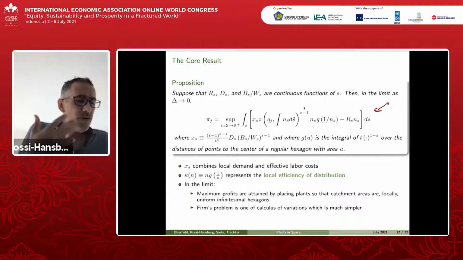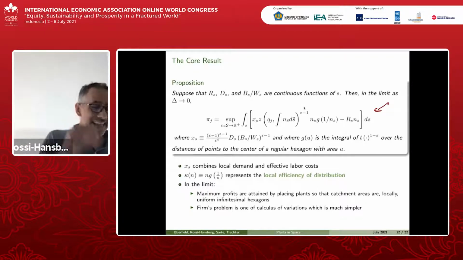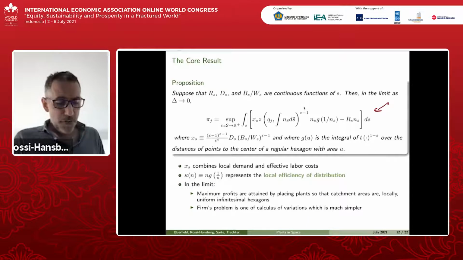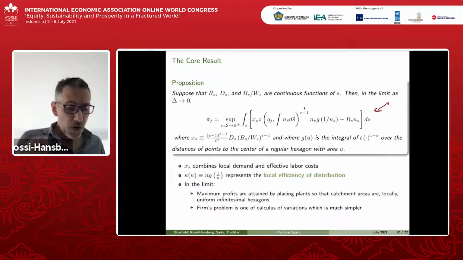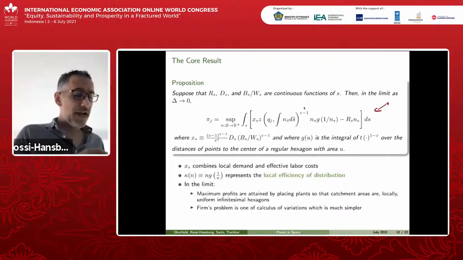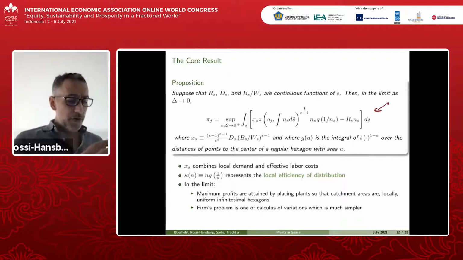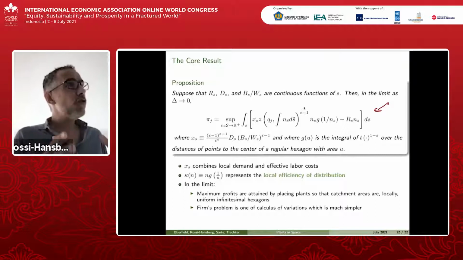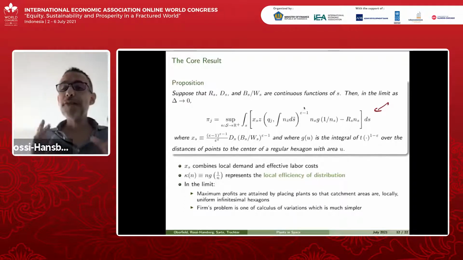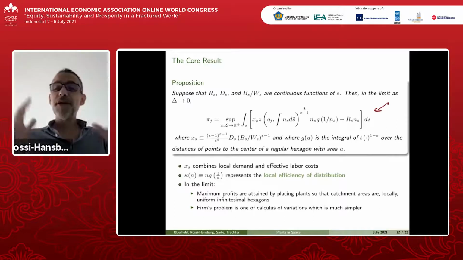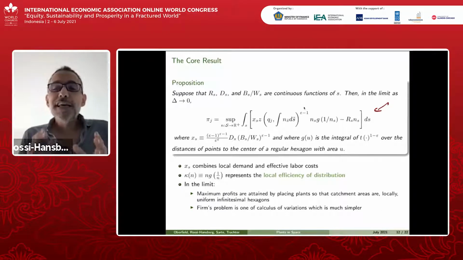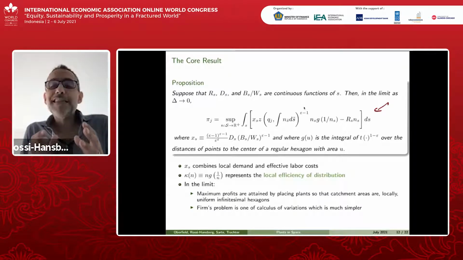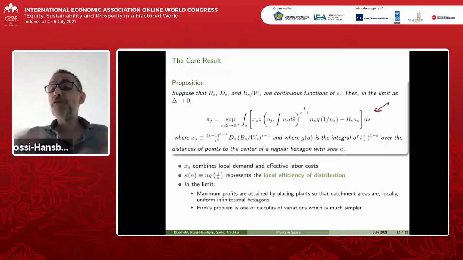And so why does this work? Why can we take that limit and do that? Essentially because in the limit, when we're thinking about narrow locations, the problem of solving this catchment area problem becomes much simpler, because at the local level, space is like homogeneous space, and the old spatial theorists already told us that if you have a homogeneous space, the optimal catchment area is always a hexagon, because hexagons are kind of in between, you're close to the plant, but you can fill space without overlaps, okay?